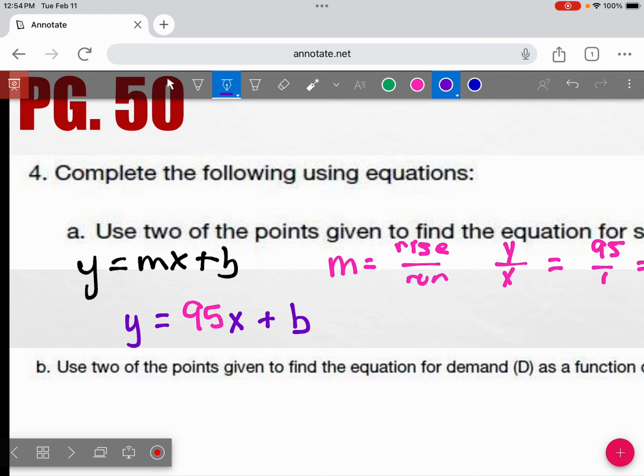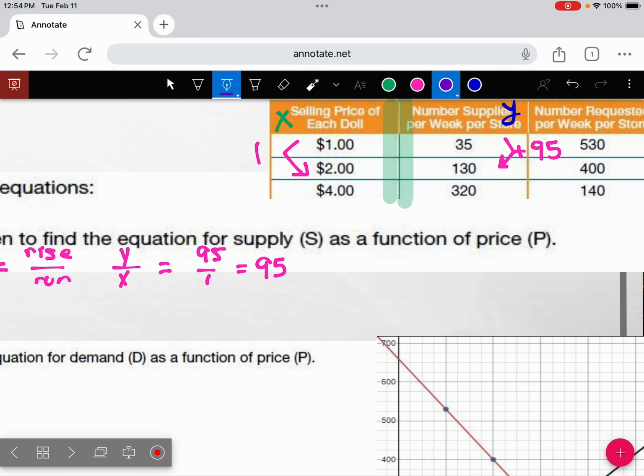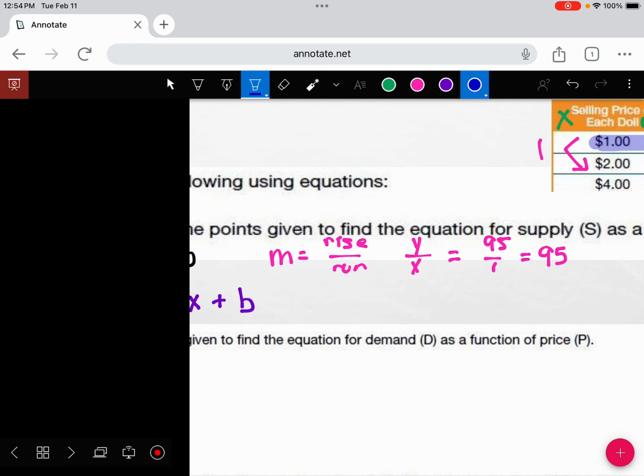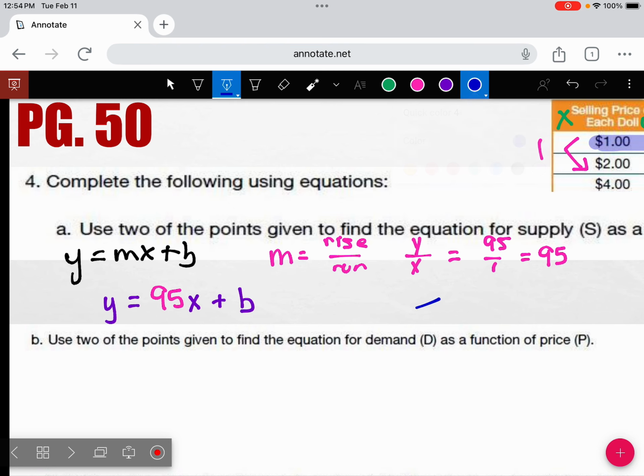We have a couple of options when trying to fill this in. Since we know our slope, you can absolutely work backwards to find what happens at 0, because x is 0 is by definition our y-intercept. That's an absolutely valid strategy. I'm going to have us practice something different. Because another option is to take one of our points, like, say 135. We know this is a point on this line,